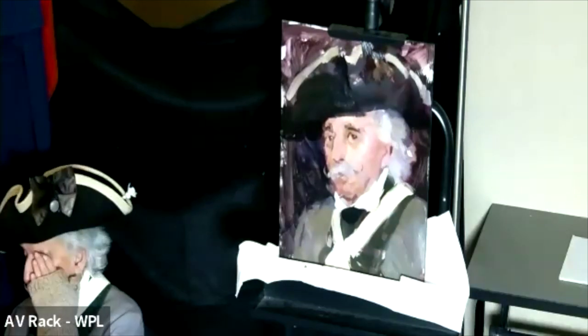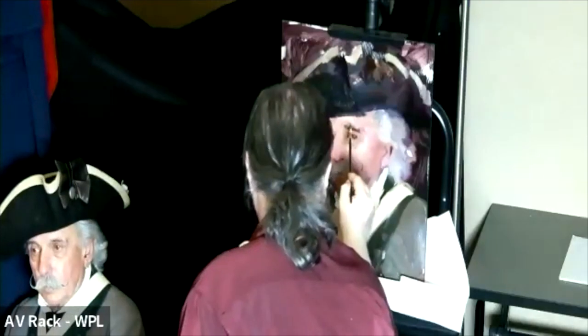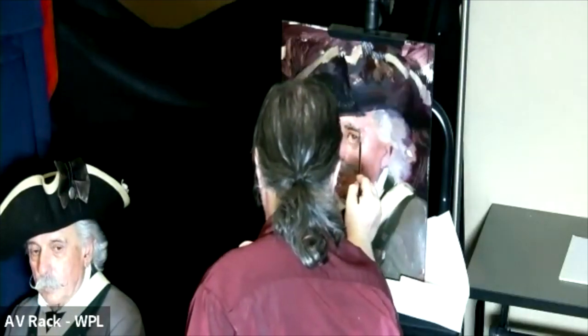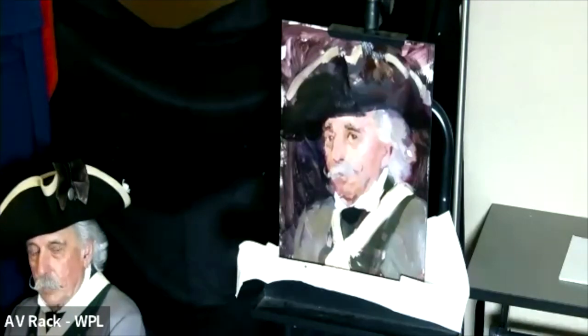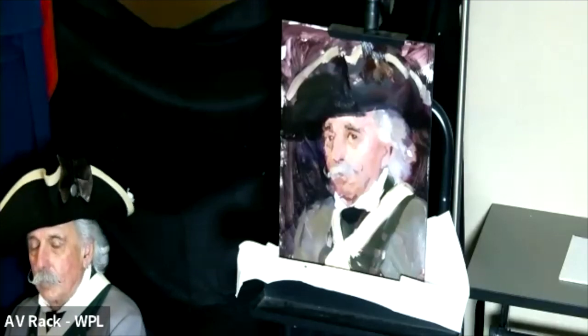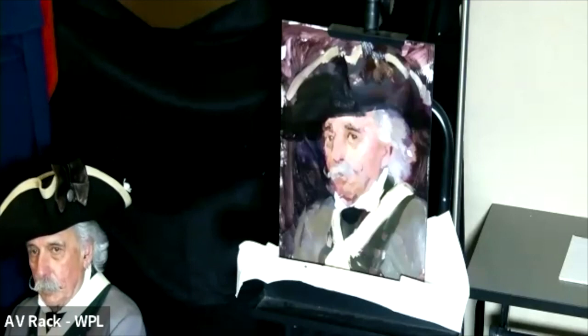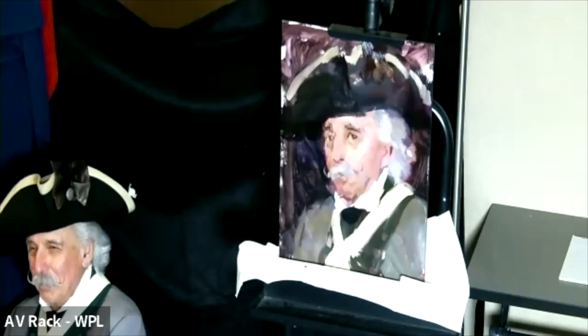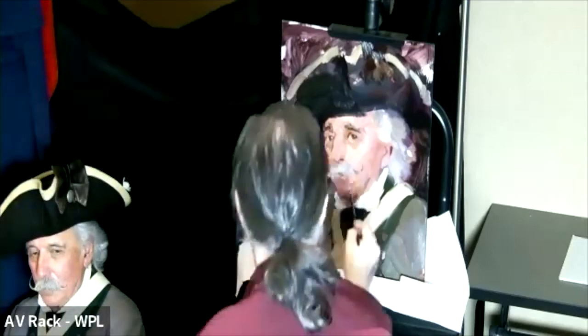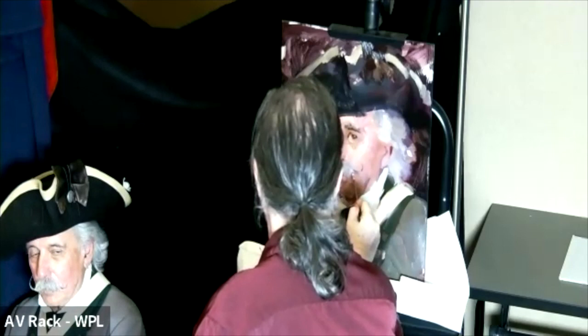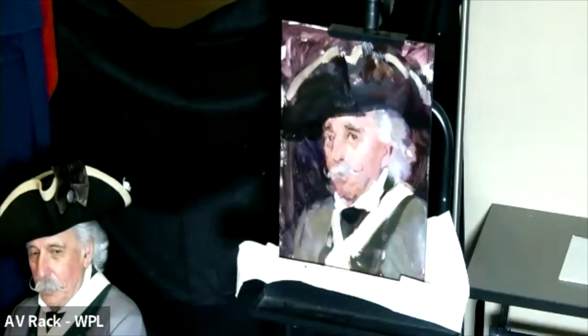So sometimes knowing something about your subject can give a fuller appreciation of your work to the outside world. Sometimes the opposite happens when you don't understand your subject and you paint it and you make a faux pas and you've insulted a whole regiment because you got the color wrong. So if you don't know your subject, be very careful about taking liberties.